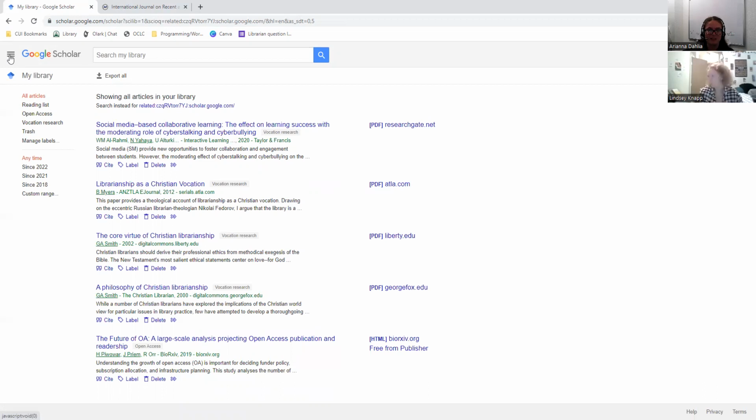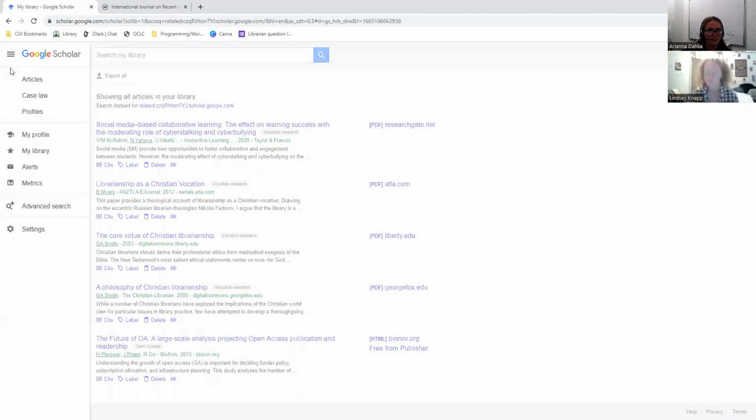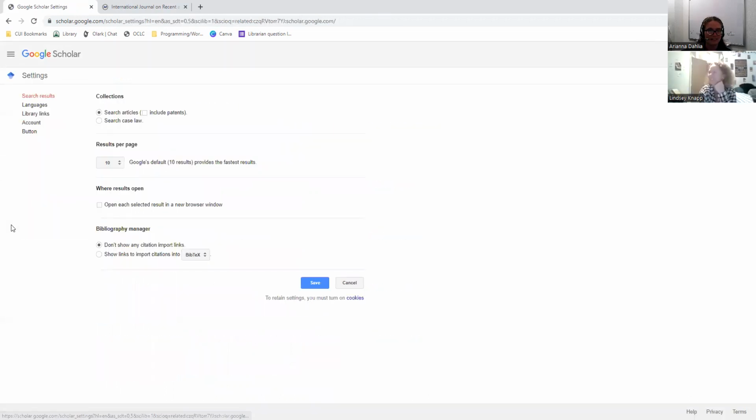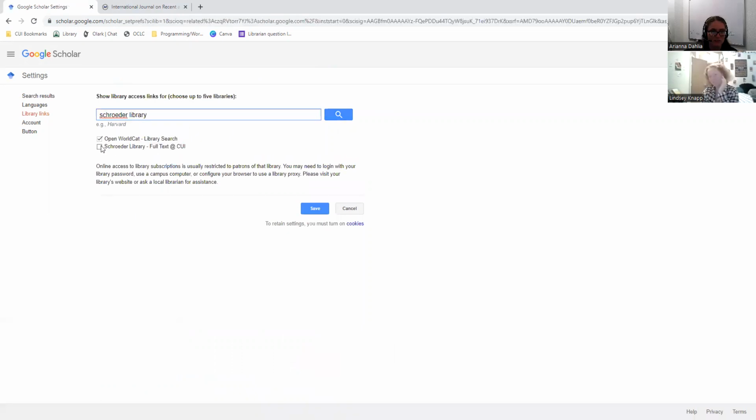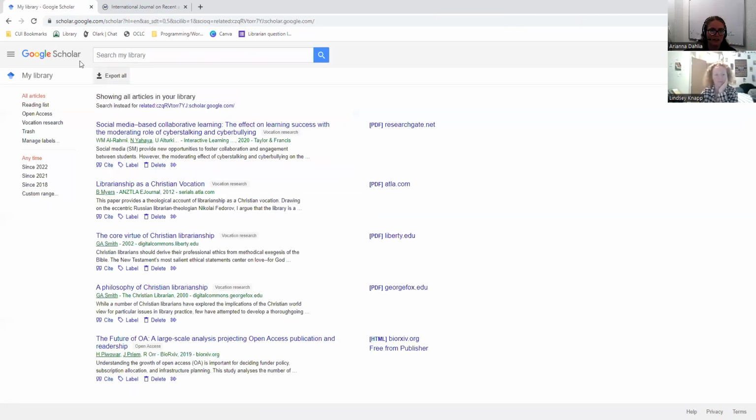And then another neat feature is you can actually link Google Scholar to Concordia's library, which can be done by hitting these 3 bars again, going under Settings, Library Links, and then from here, we'll type in Schroeder Library. We'll hit Search. We'll connect the button. We'll hit Save. And then from here, we can go back to Google Scholar,